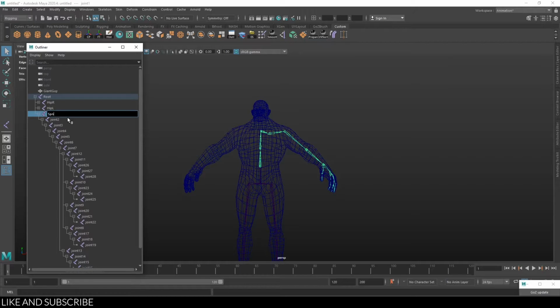So spine 1, spine 2, spine 3, clavicle left, shoulder left, elbow, wrist left, palm left,